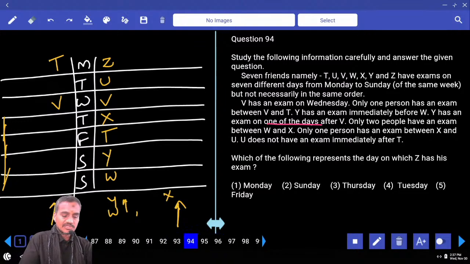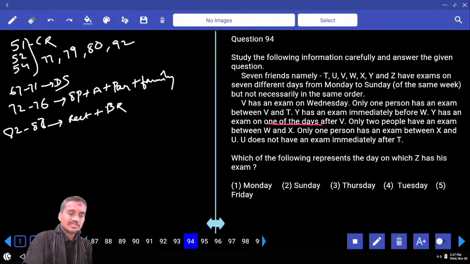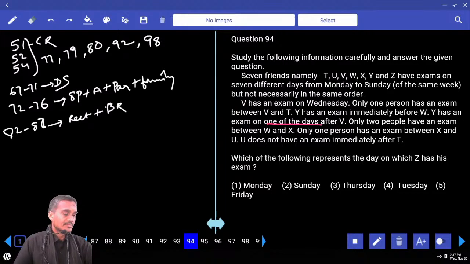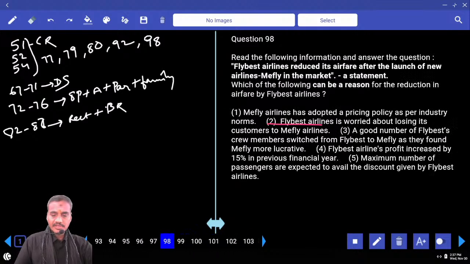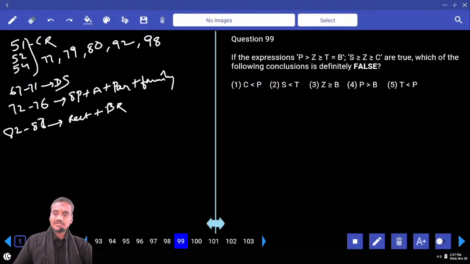Then coming back to this 98, now this 98 is again based on CR. Yes, 8 questions were given on this CR. Okay, then 98, then 99 and 100. 98 is CR and 99 again is based on